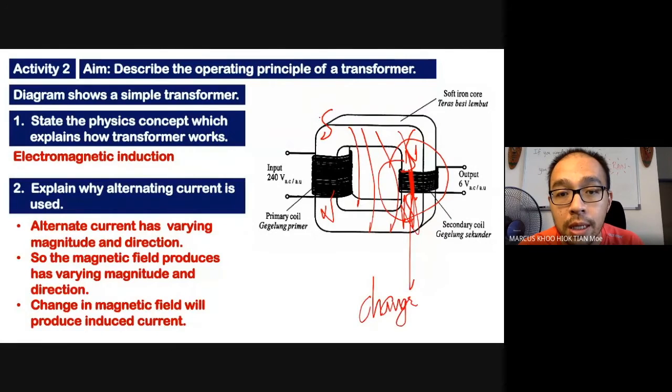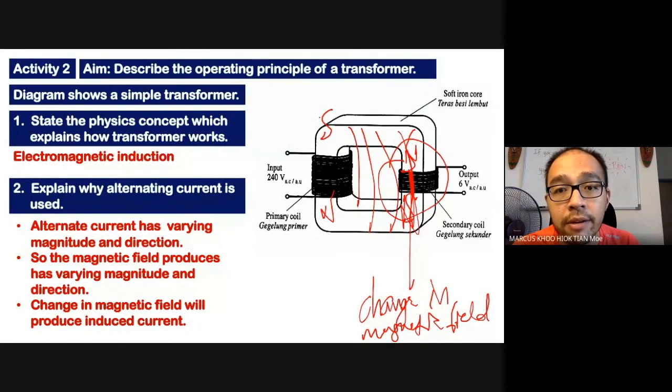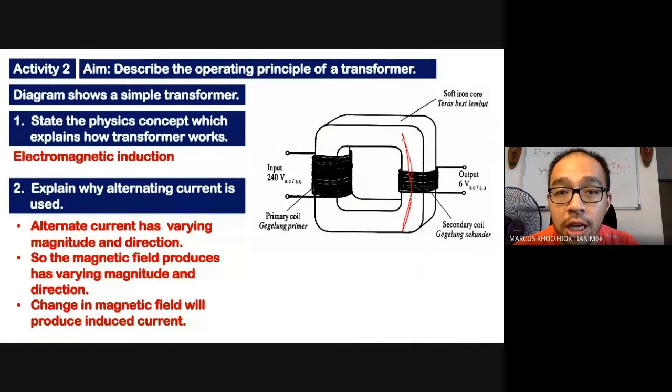change in magnetic field. Actually, if you think about it, the secondary coil just sits there and does nothing at all, it only feels the change. What is actually working is the current on this side. The current in the primary coil is the one that is working: change direction, change direction, change direction. And the secondary coil is like, oh, you change direction? Oh, you change direction again? But because the secondary coil is experiencing the change in the magnetic field,